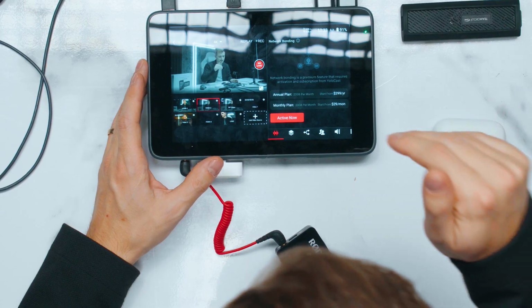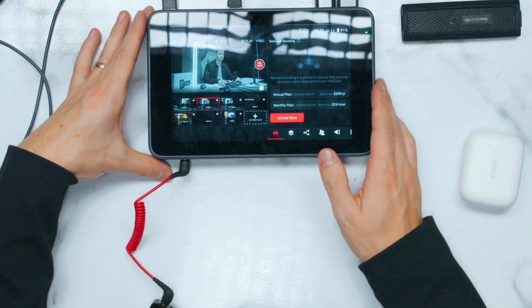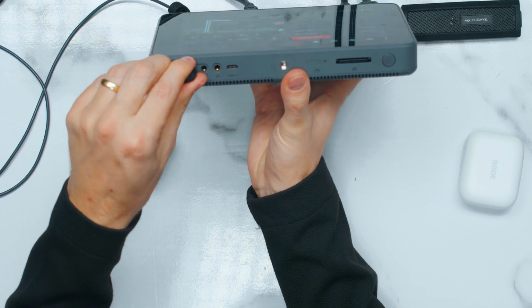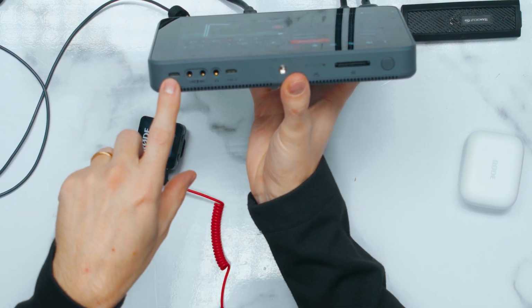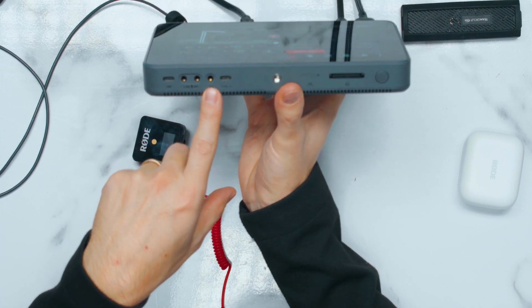And unfortunately, there's no charger included with this device. Let me show you the ports so you can actually know what's going on in here. On the bottom, we have a Type-C for charging, line in and mic for audio, headphones for monitoring your audio,